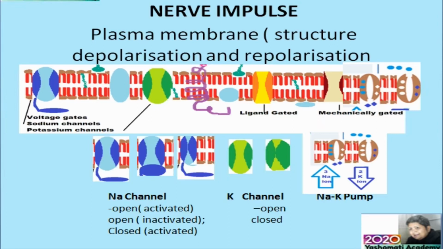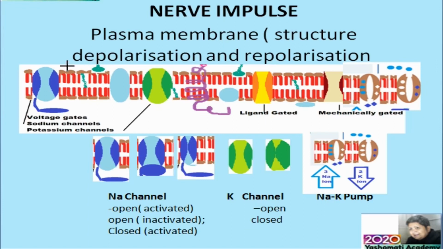Hello everyone, in this part of the lesson we are going to study the nerve impulse, how it is generated and how it is conducted. We all know that when a neuron is stimulated, impulses are sent along the neuron. These impulses are called action potentials, which is the electric current that travels the length of an axon. Nerve impulse is conducted along the axon membrane in the form of a wave of depolarization and repolarization.